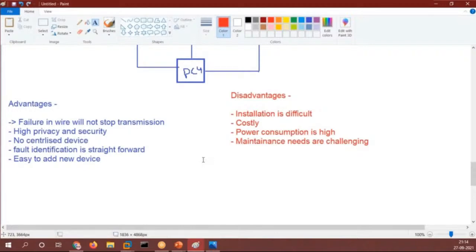So if you have an office and you have implemented this mesh topology, you have to move all the furniture from here to there, and then check where the wire is faulty and change that wire, right? You will identify the fault very easily, but the maintenance part is very difficult, right? Okay.